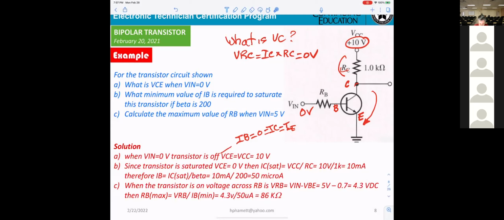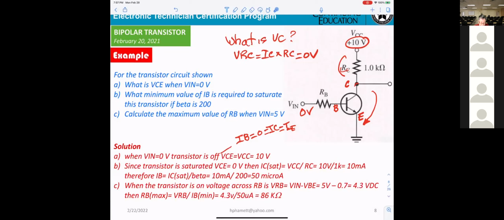That's what we already talked about in the previous one. Then IC saturate will be VCC divided by RC. 10 volt divided by 1K, you get 10 milliamp.